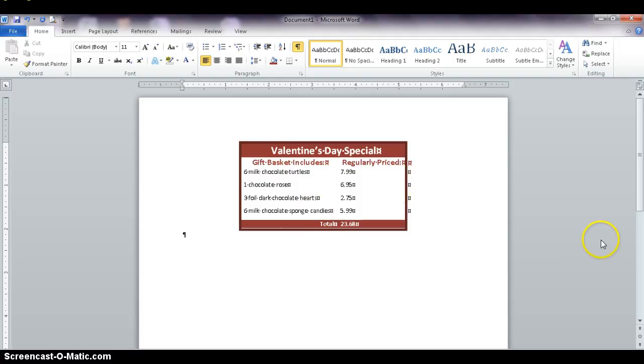Okay? All right, that's the basics on tables. I hope that helps you to complete your table assignment, which is about movies. If you have any other questions, there are